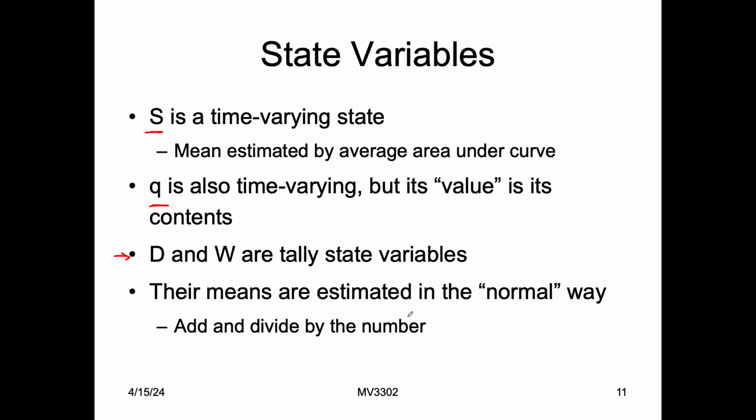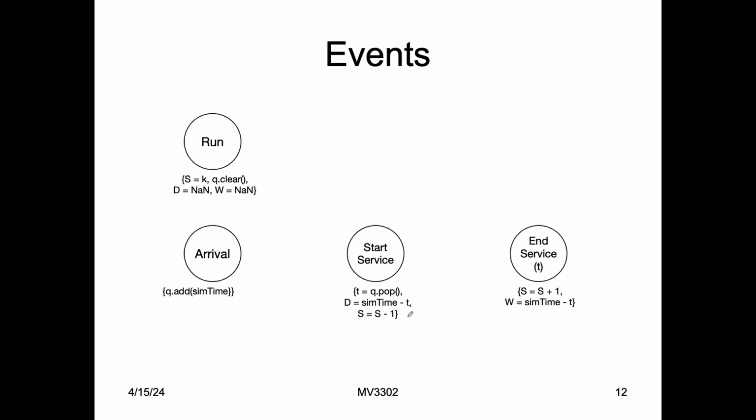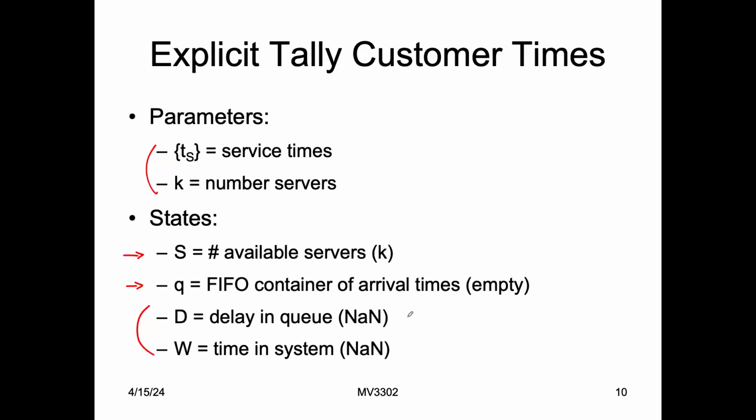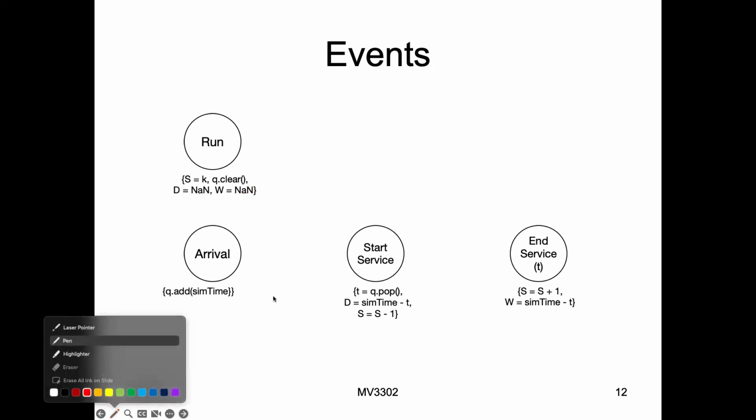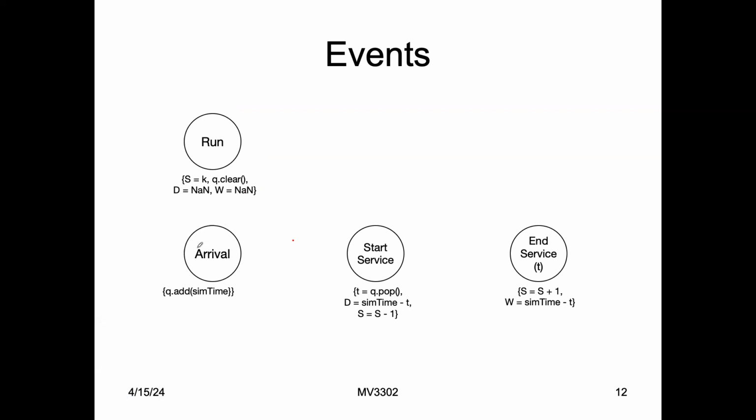Undefined, in other words. How much time was in the system? Again, undefined. So our initial values are going to be not a number. And so, hence our run event. Okay, so now let's take our state variable Q, the FIFO thing, and now the thing is that in one